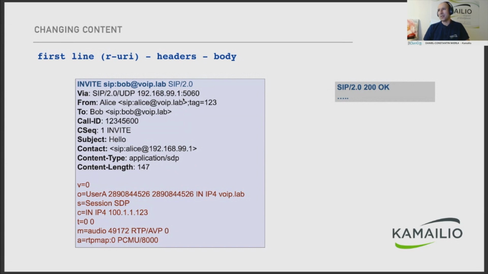Then we have the SIP response, or the SIP reply. I put only the first line there, which is different than for the request. So for a request, it starts with the method INVITE, request URI, the address, protocol and version. For the reply it will be the protocol version first. Very important will be the status code, this 3-digit number, and then the reason text for the reply. Everything else is similar, in terms of it being followed by the headers and eventually a body.